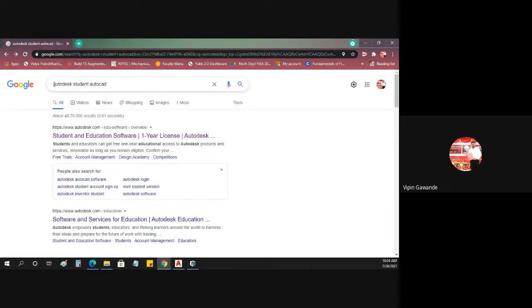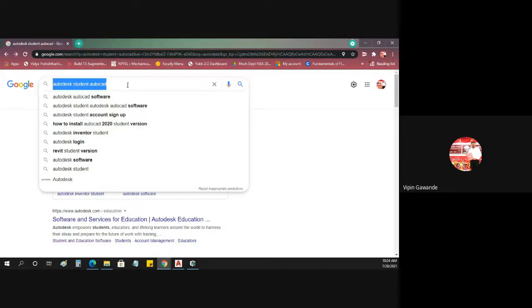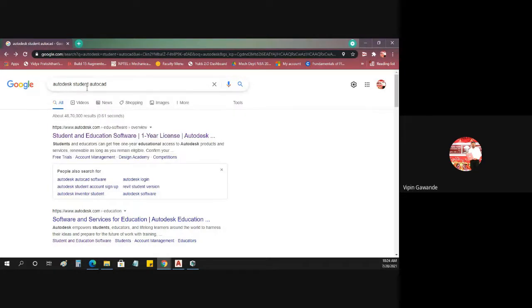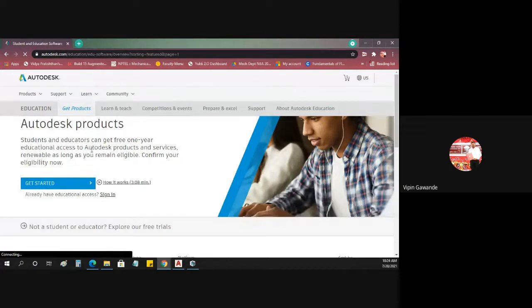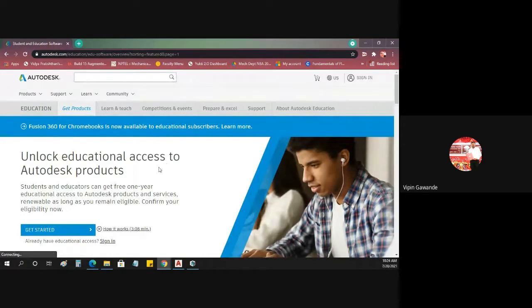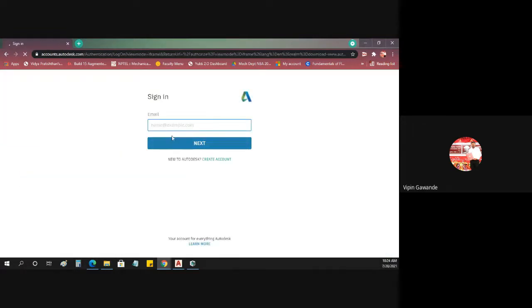On Google you can type Autodesk student AutoCAD. You will get the first link, and a 1 year license is free for this software. Any software from Autodesk you can download for 1 year free. So you have to sign in on this website, and then afterwards you download the software.